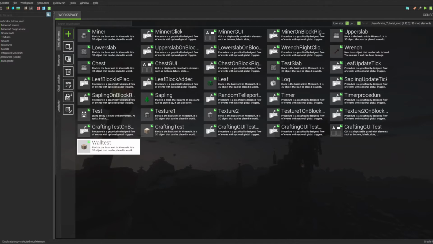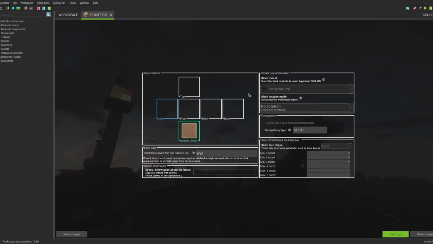Let's duplicate it. And let's call this the fence test. And I hit cancel. That is not a good thing to hit. It was fence test. And by the way, they have also added the factor of the naming will automatically